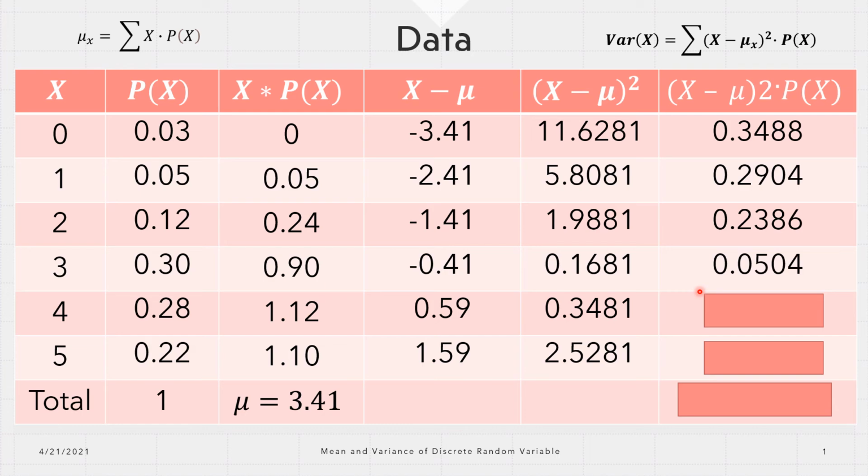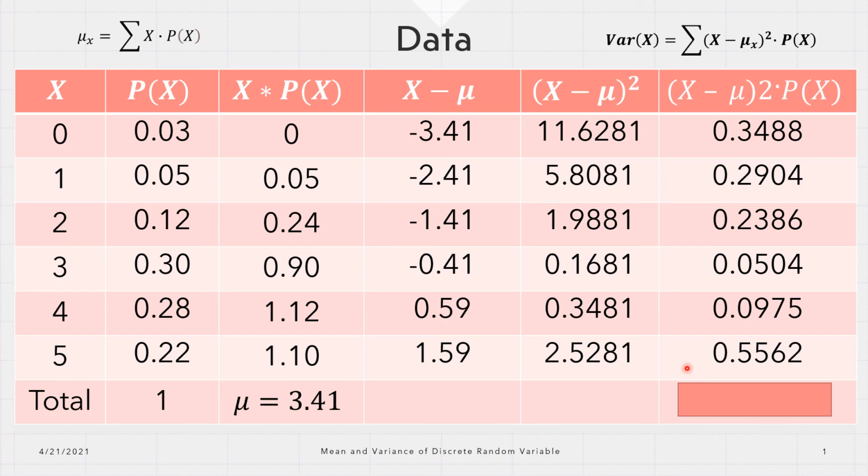For the fourth one, 0.0504. The product of 0.30 and 0.1681. For the fifth one, 0.3481 multiplied by 0.28 gives 0.0975. And last, we have 2.5281 multiplied by 0.22, which gives us